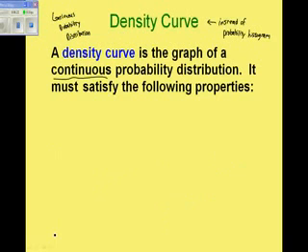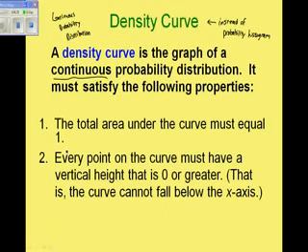And let's see what the properties are. Well, the first one, the total area under the curve must equal 1. And that's because, well, area under the curve, so say the normal distribution, this represents probability. And because something has to happen, you have to be somewhere under the curve. And so if I were to add up all of the area, the total area under the curve must equal